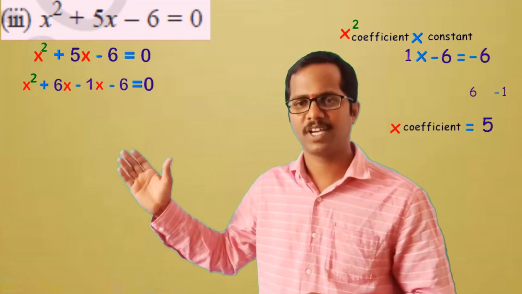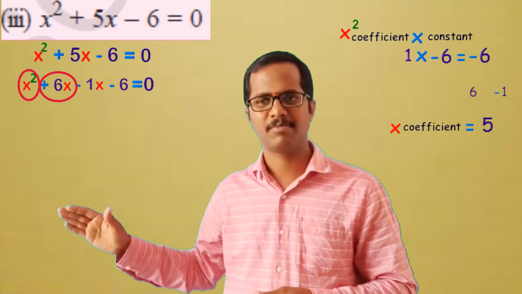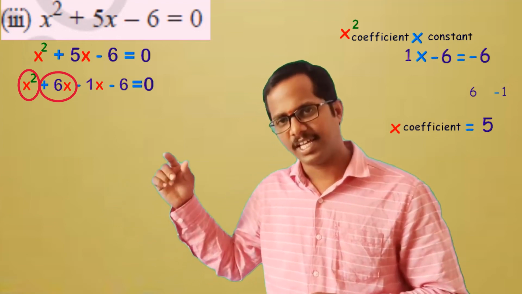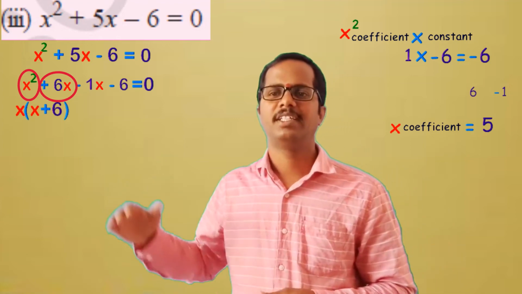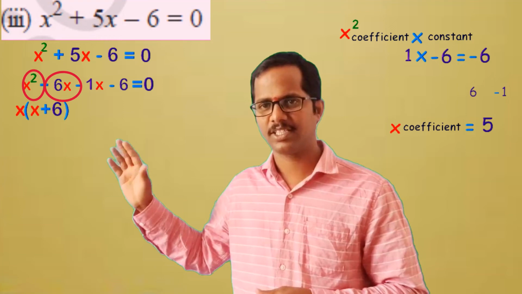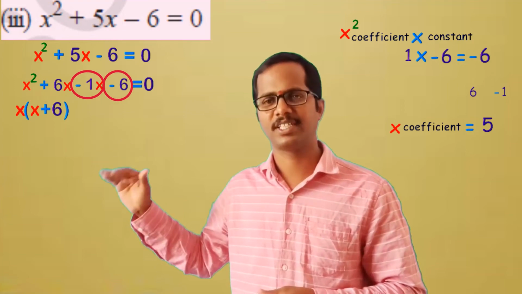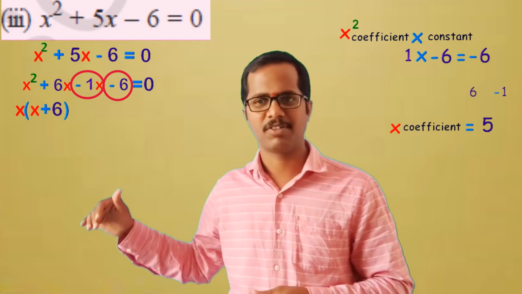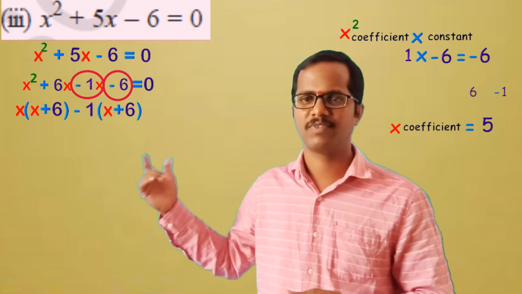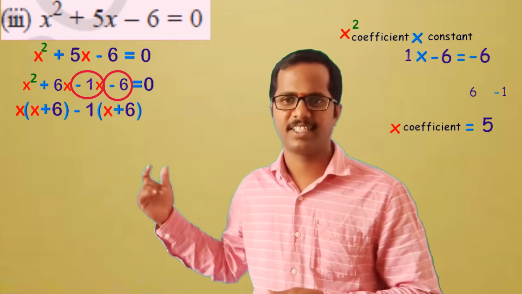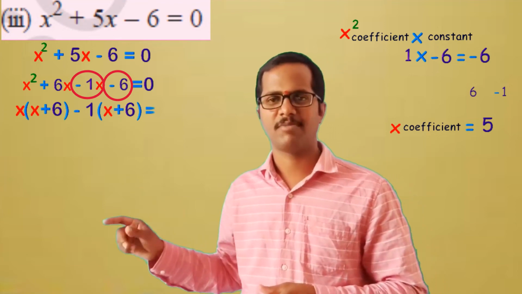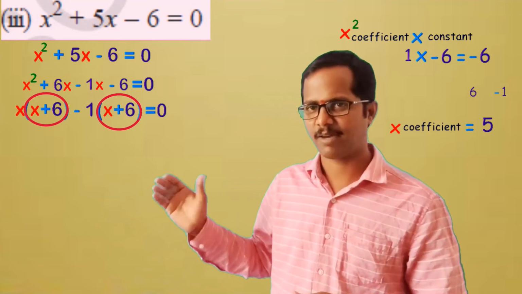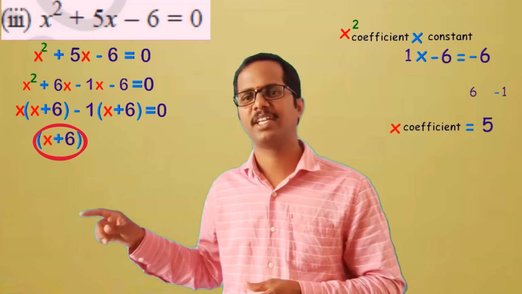Now in the first two terms we have x as common. By taking it as common, we get in bracket x plus 6. And in the next two terms, it seems nothing is common. So in this case, we take 1 as common out, but both terms have negative sign. So we take negative 1 as common out. So by taking negative 1 as common out, we get in bracket x plus 6. So again, x plus 6 is common. So by taking x plus 6 as common out, we get x plus 6 into in bracket x minus 1,